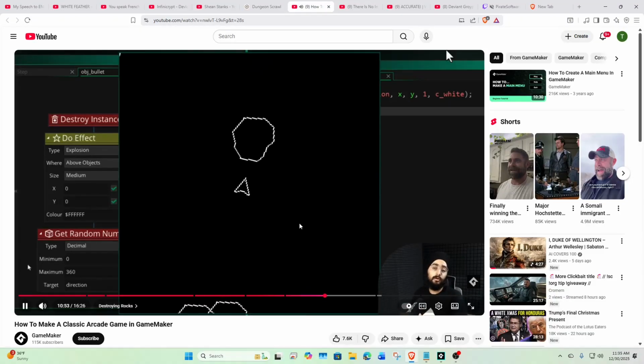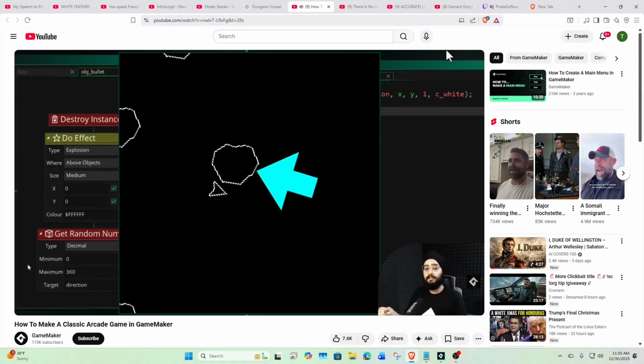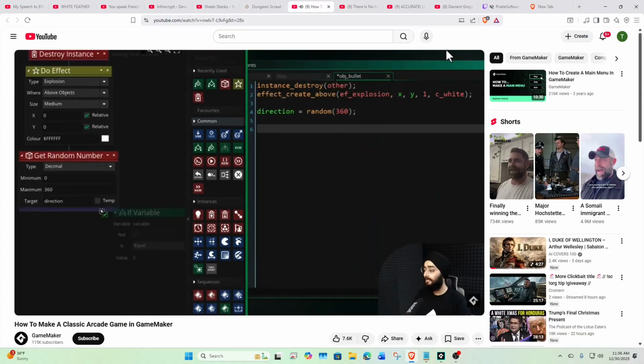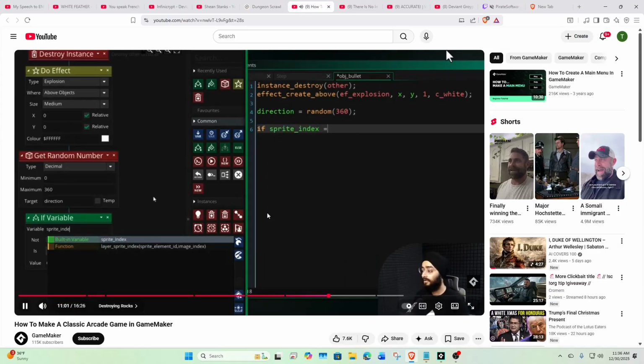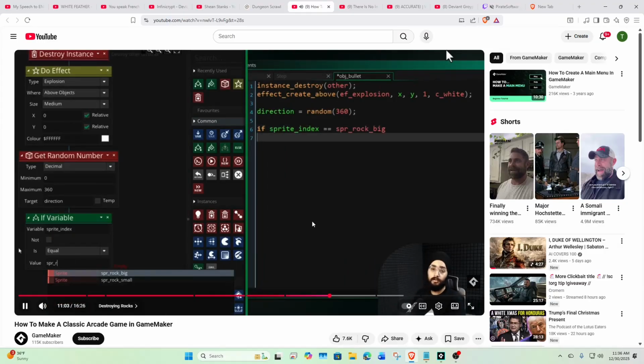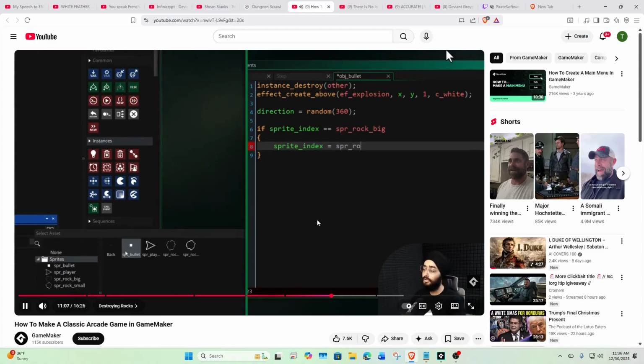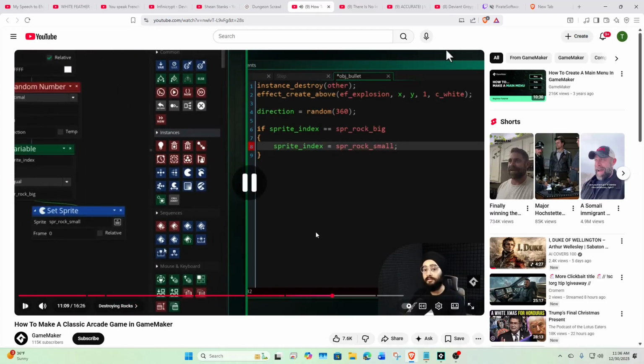So what's remaining to program now is how this changes into a small rock. Back in the same event, let's add a condition that checks if this is a big rock by checking its sprites. If it is, then we want to change it into a small rock by changing